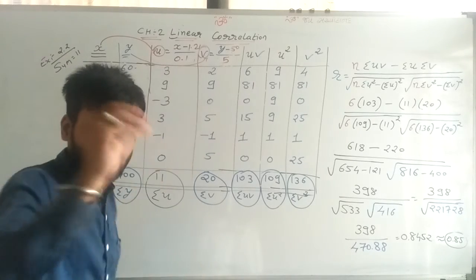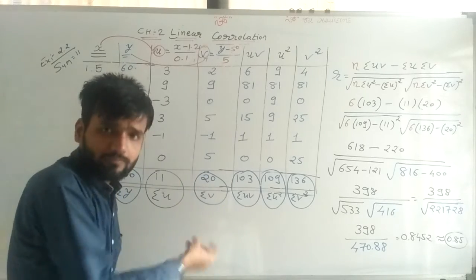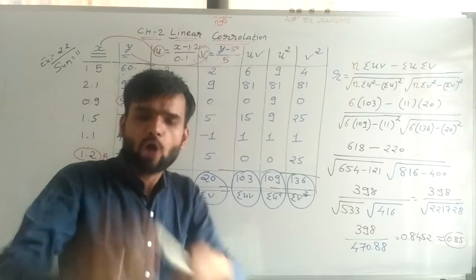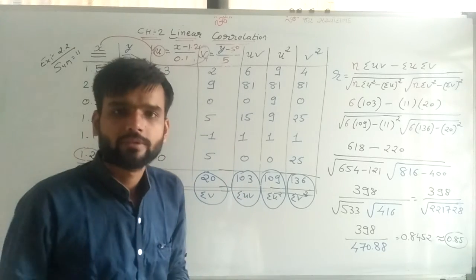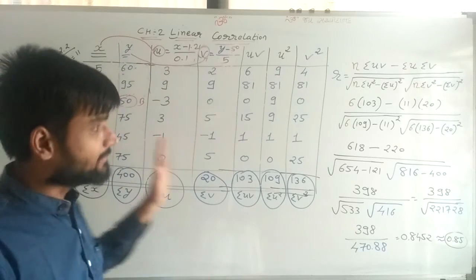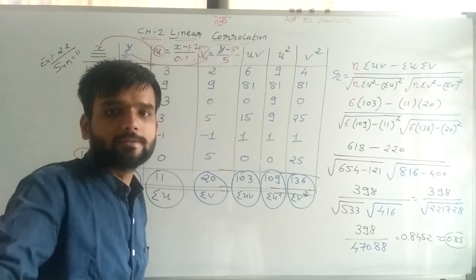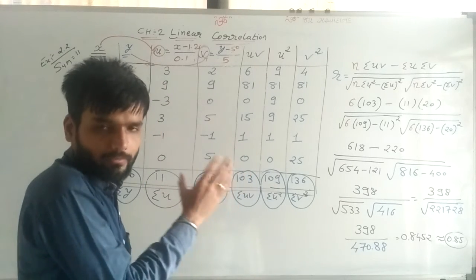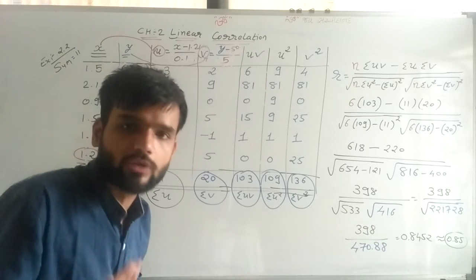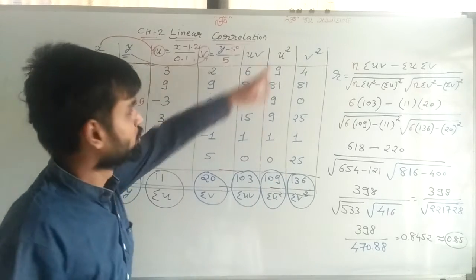If there is any mistake in calculation, don't worry about it. See the method, calculate yourself, make it clear. The important thing is how we have to solve the sum. A calculation mistake may be there, don't think about it. See the method, how the sum is going on. Focus on that only. I have tried, there should not be any calculation mistakes, but if there are mistakes, don't worry about it. The method is the same.